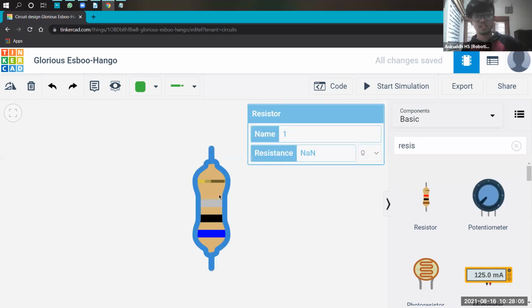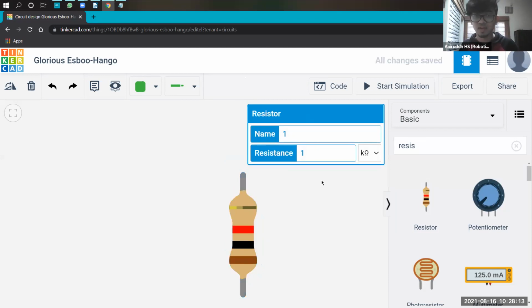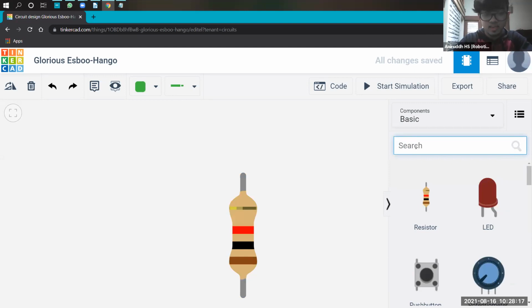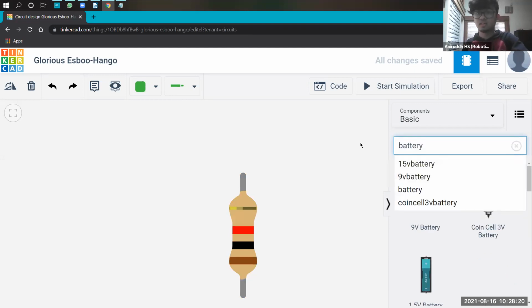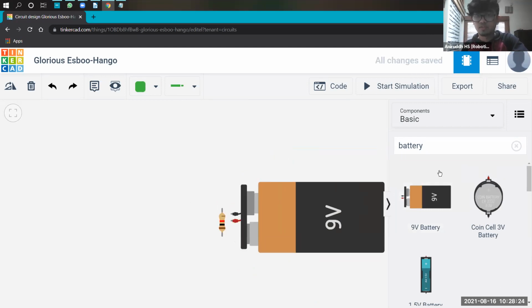So anyways, I just wanted to tell you about it. If I quickly want to show you how changing the resistor value affects the whole thing, I'll just take a battery. I'll take a 9 volt battery right here. Oh, too big. Take a 9 volt battery, and as usual, I'll take an LED.